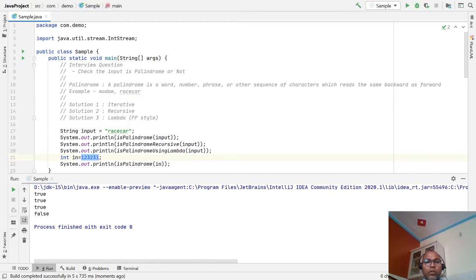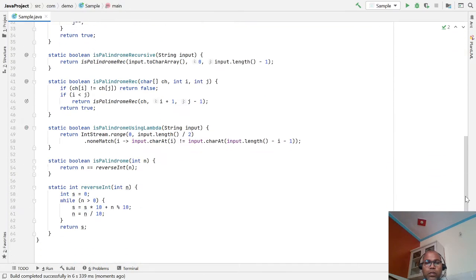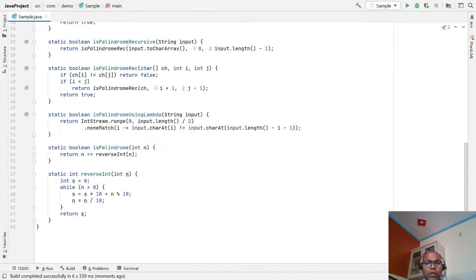If you reverse 1 2 3 this way and run it, both read the same, and this way it works. So the logic is: for any given input, check the reverse of that input, and if both match, it is a palindrome, otherwise not.